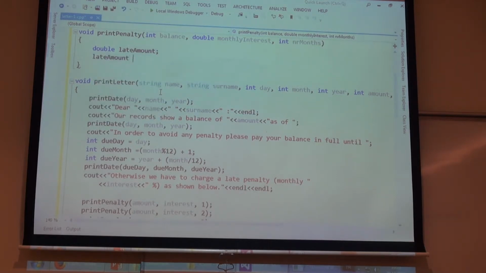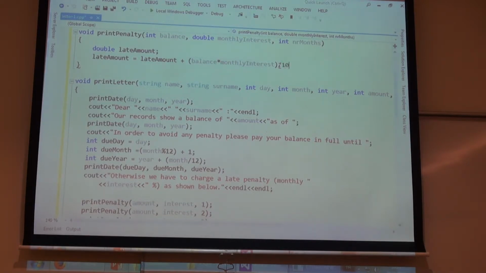Late amount is equal to, of course, what should you pay, plus add it with the number of months, add it with the balance, multiplied by monthly interest. Okay, this is the interest for 1 month, but this guy should be divided by 100,